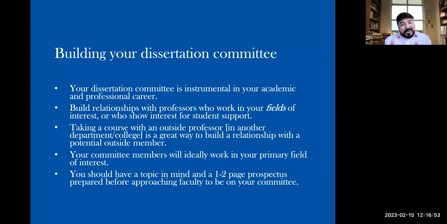But luckily, or unfortunately, your committee members will ideally work in your primary field of interest, which is a key advantage as you're starting to develop. And again, communication: how do they provide research and support? It's also very helpful when that faculty member is in the primary field of your interest. And also as you approach faculty members